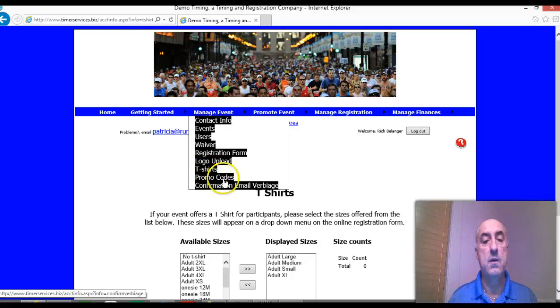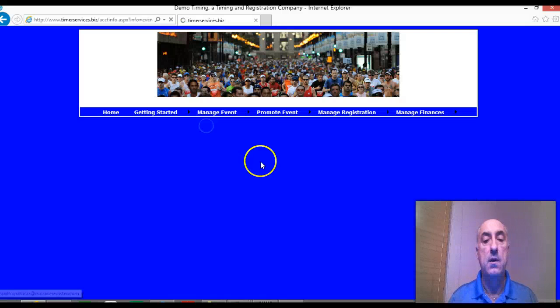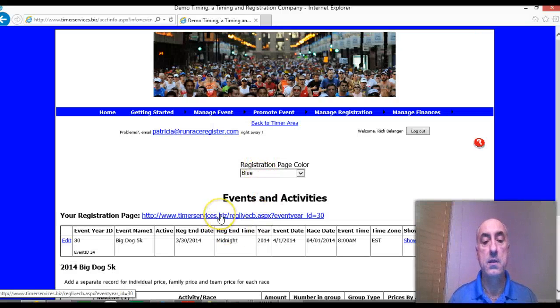In the events area, we don't really have to do any of these things. We don't have a promo code. We're not going to do any of these other things. So actually we're done. So let's take a look at our page. Go back to the events area, and this link brings you right to the page. So you click that,